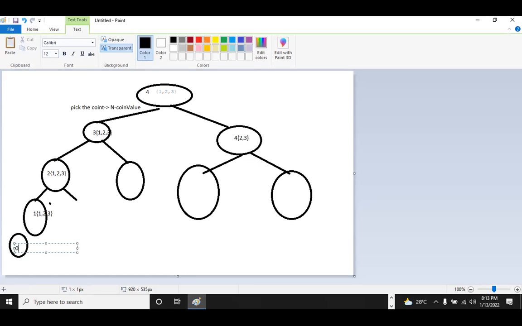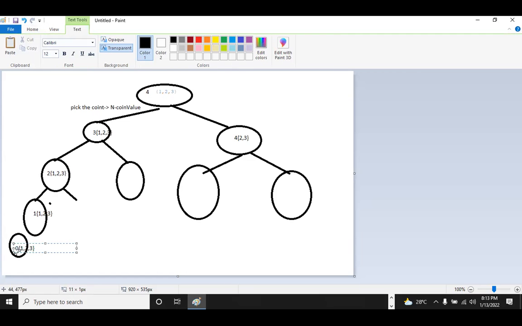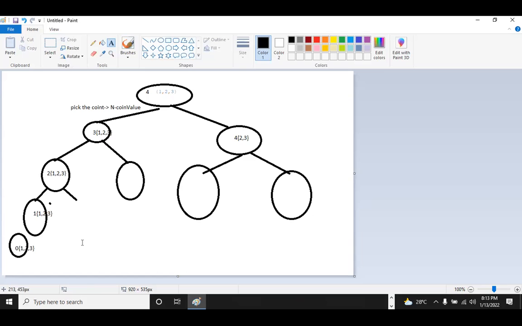So it is like 0 with the rest of coins. So I can't go ahead further, because if I need to go 0 minus 1, which is negative side, I can't go and mark my bases again after this as the root. So the last node I can go to is only 0. So what I'm going to do is, if my n value is 0, I'm going to return it with 1.